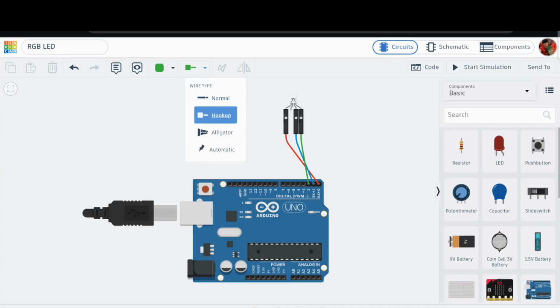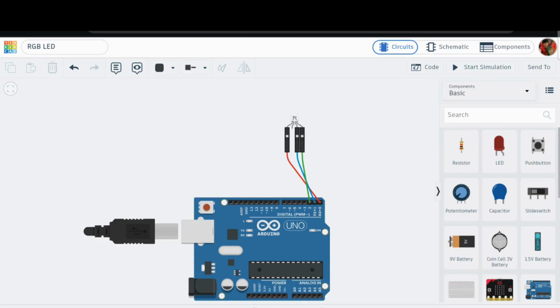And I'm gonna just change this to a hookup and a black wire. So there's 2 GND. You just connect any one, no one cares. Connect it to cathode like so. I'm struggling. Come on, go. Okay. Now that that's done,